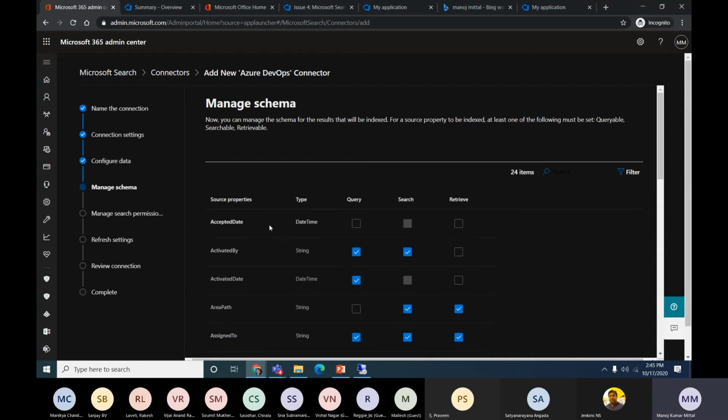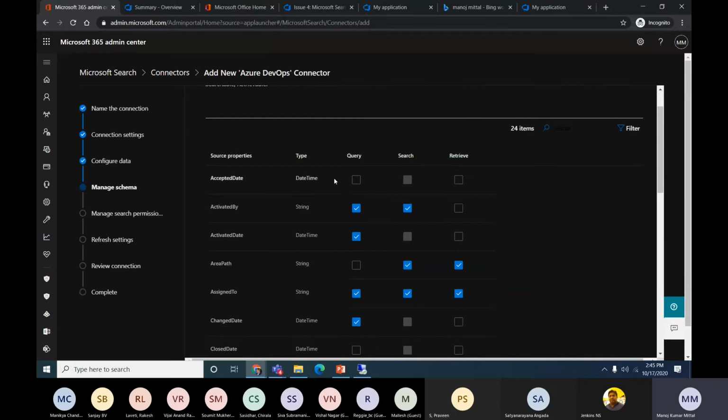Here we can define the managed schema, meaning what the properties are. It's almost similar to how we use it in SharePoint: which property is queryable, which should be searchable, which is retrievable. We can define all those properties.